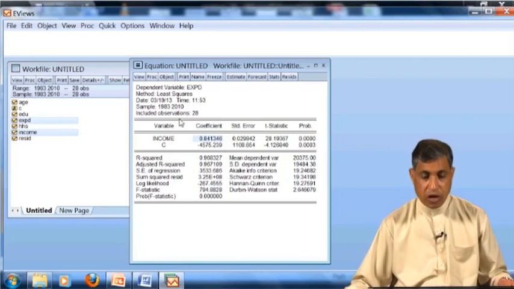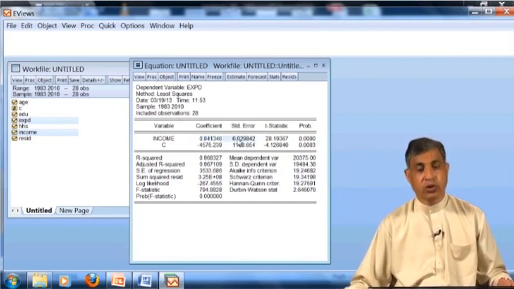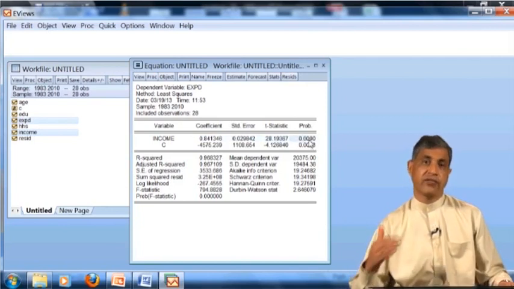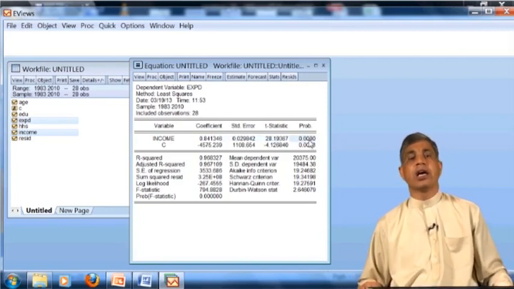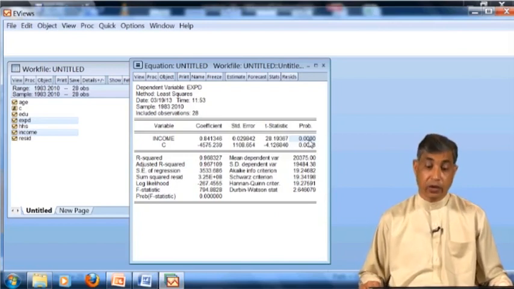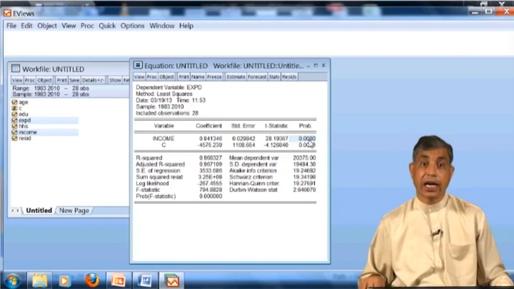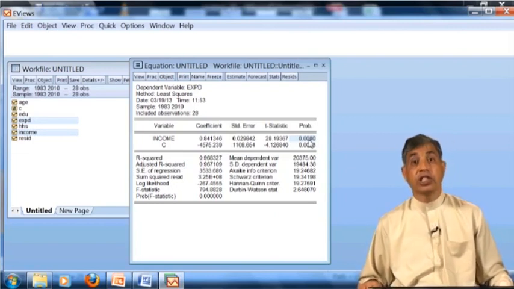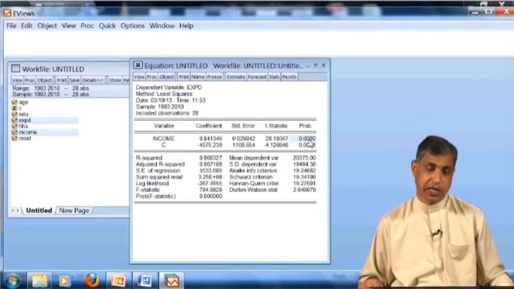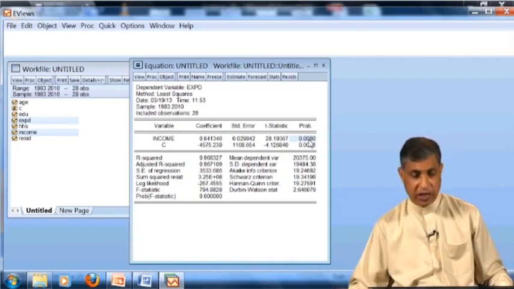If you come here, this is the standard error, a very low standard error. This is the t statistic, and we are interested when the p value is less than 0.10, we are very happy, and you can see here is a very, very strong sign that income is a significant variable in explaining the expenditure.